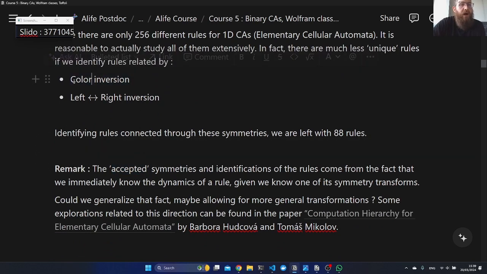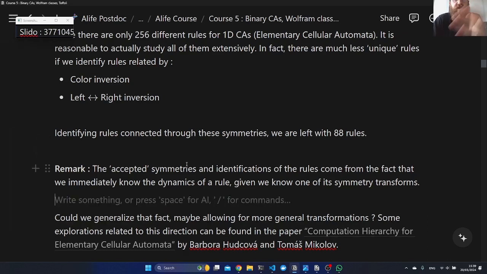What is the reason why we consider this as a symmetry and not something else? You could also consider some other type of symmetry. For example, take all the rules and shift them toward the right. That's also a possible way to connect two rules. And so for me, the reason is that these symmetries are accepted symmetries, and we are happy to identify these